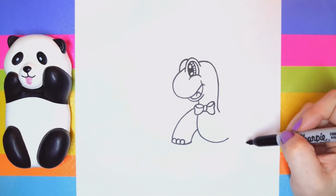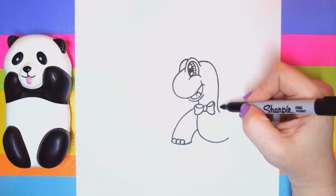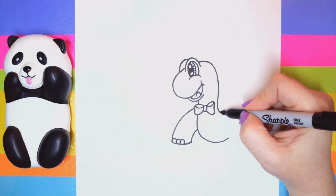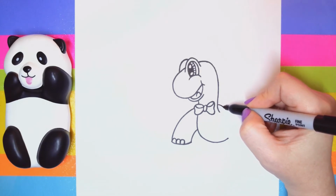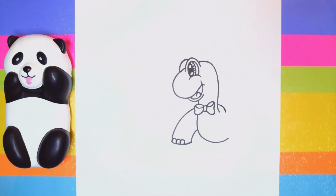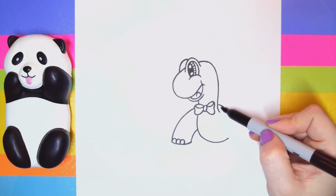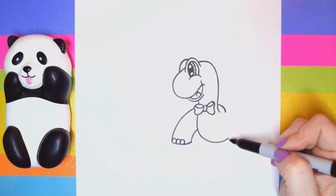Let's do another one over here. So first, before I can do that, I want to create this little closure right up here and kind of make it match where I left off here. So from this little curve we did, create another curve opposite of that. Boop, like that. This is the beginning of the shell. So this is the little corner of the shell that's meeting up to the